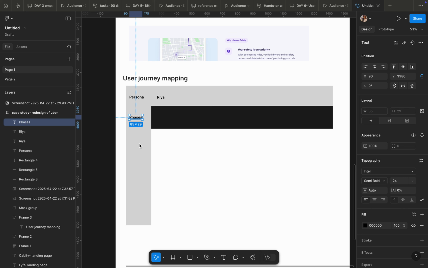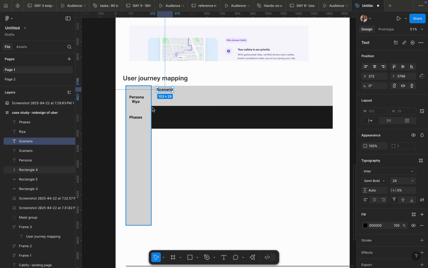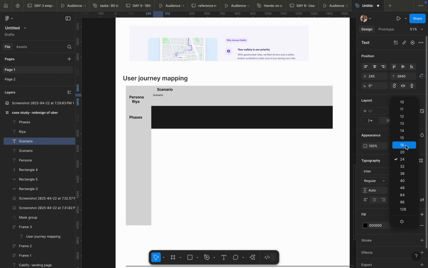So for doing this, first let's consider the scenario. For this, the scenario could be: persona is Riya, and the scenario. Only once we get the scenario will we be able to make the user journey map. Okay, so for this,